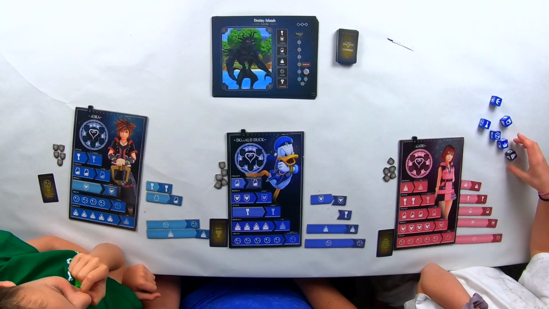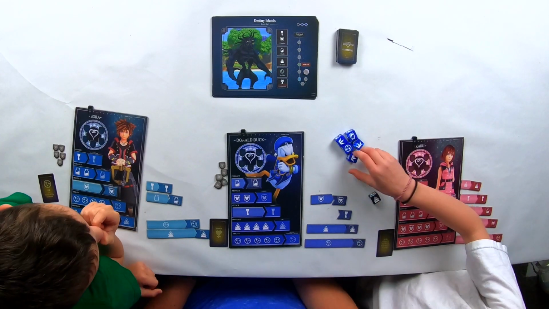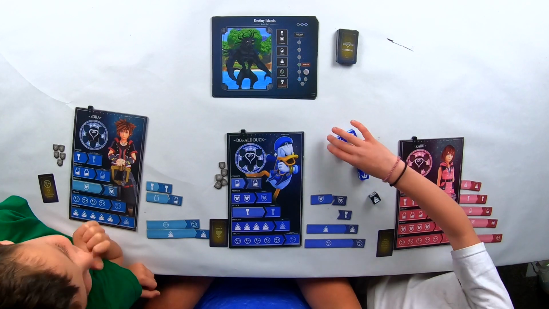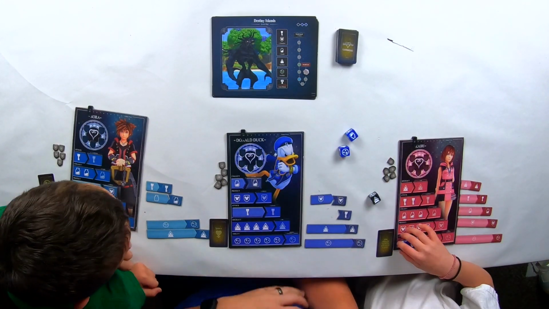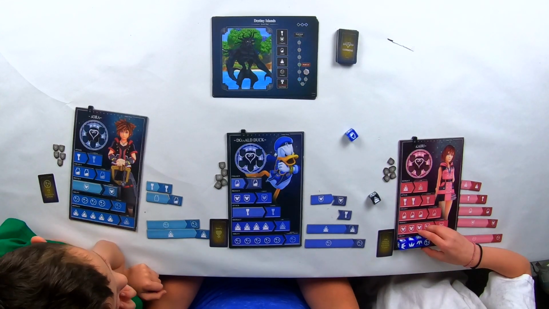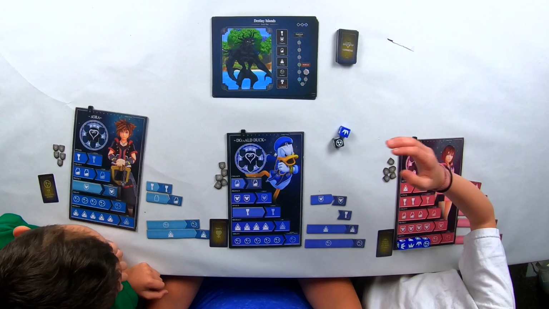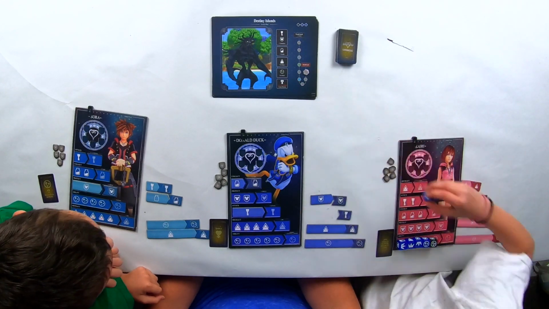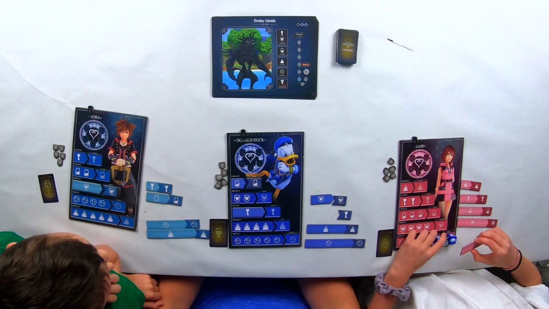Okay. Here, let's move all these over here so people can see what you're rolling. So you got 3. Oh, you almost have a full special. Look at that. So she has 3 wild and 1 special. So she just needs 1 more to be able to activate her. Oh, there it is. Oh, she can ready and set. Ready. Wow. So ready,